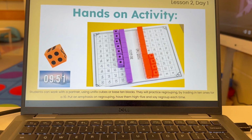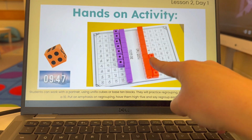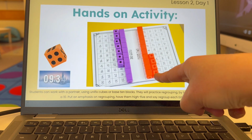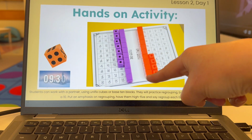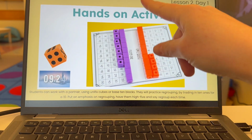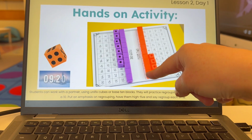So I showed them how we play this, where essentially we have player 1 and player 2. I'll insert some pictures here of kids playing. Students love this game. All they do is take turns rolling one die and they go ahead and add the cubes. As they add ones, they have them face up like this, but every time they make a 10, they have to regroup and they have to say, regroup when they do it and stack it and then lay it down. So it kind of fits perfectly for all these cubes to turn into a 10 and lay it down